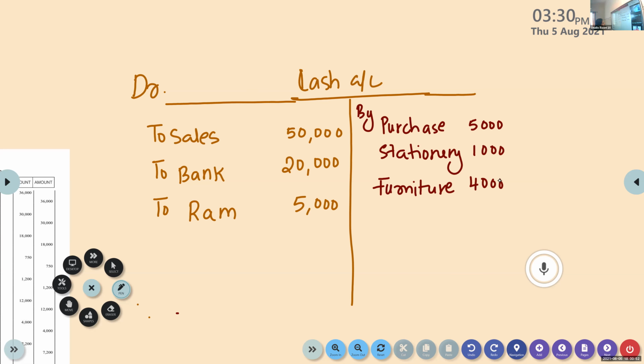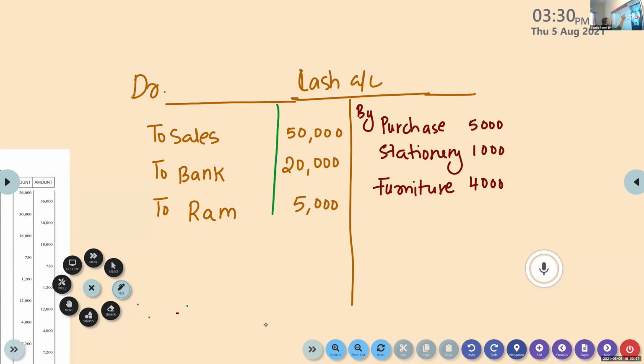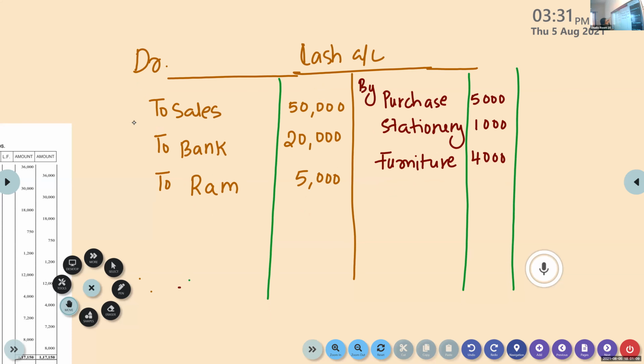How do you balance this? What is the first step I told you? This is the amount column. Okay. Who will help me? Krishna, can you help me? Shall we do it together? Yes, ma'am. Come, we'll do it together. How to balance this account? What is the first step? Add the debit side amount and credit side amount. Yes. So everybody find out the totals of both the columns.